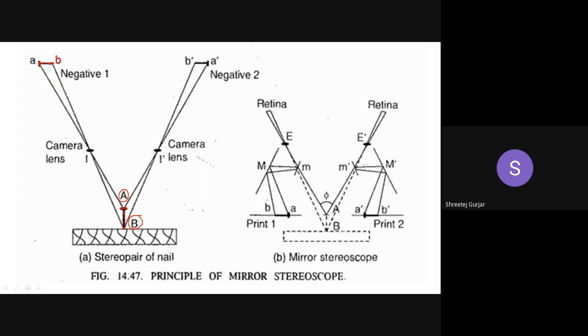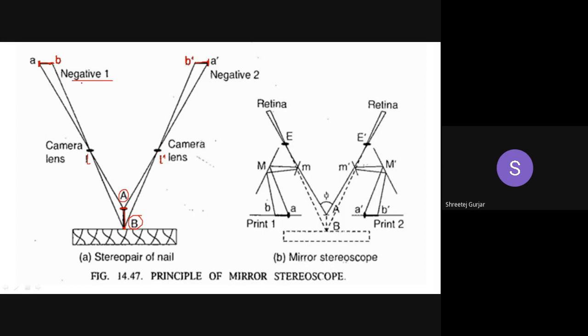So small a is the head and small b is the bottom part, which is over here. It passes through a lens over here. You can see lens L for the left image. Similarly, for the right side, it will be L dash, and the image will be formed in this manner. You can see the head is formed over here, that is A dash, and the base or the bottom is here, it is B dash. So A, B and A dash, B dash.